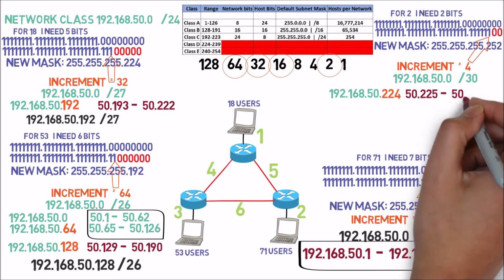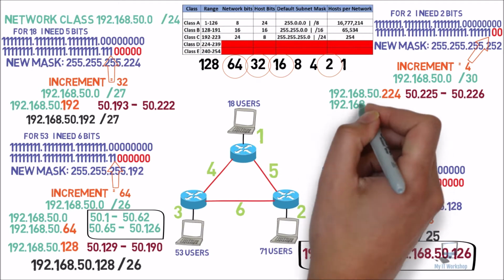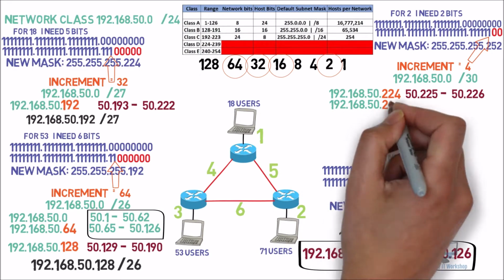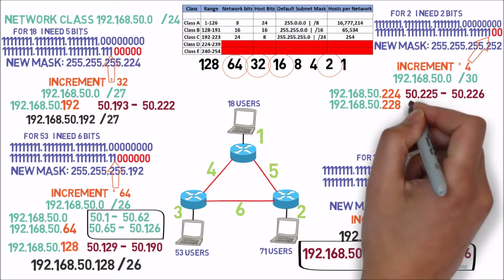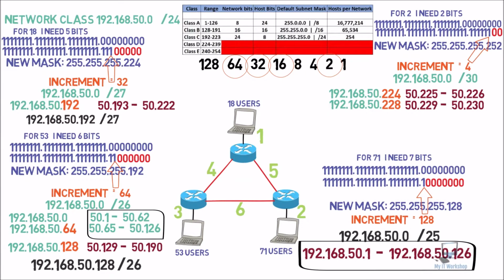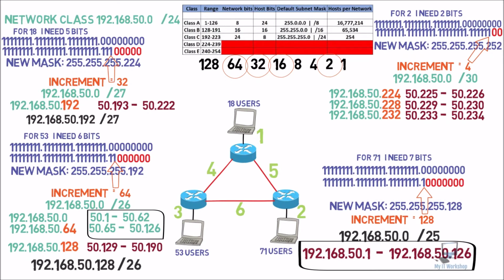And I'm going to find the ranges from 50.225 to 50.226, only 2. Okay, so what are we going to do next? We have our next usable network, 50.228. We're going to do the same, the ranges, 229 to 230, only 2 usable IP addresses. And my last network is going to be 232. Have the ranges, 233 up to 234. So I have these networks, and now I'm going to